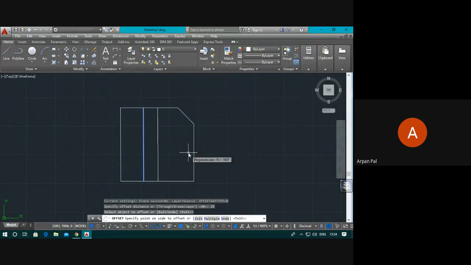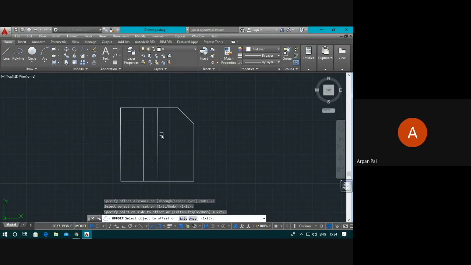This side naturally. So click once more. What will happen? See, in the command box, it has not exited from the offset command. It is asking offset, select object to offset. In this case, select the object to offset means it is not asking about the distance.